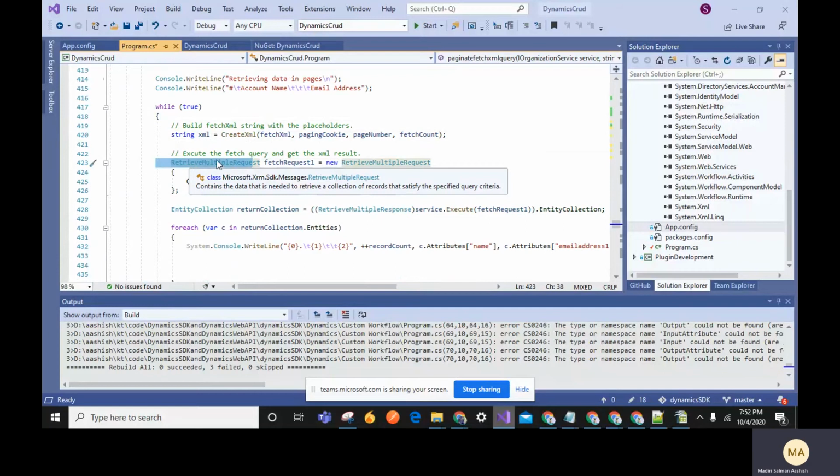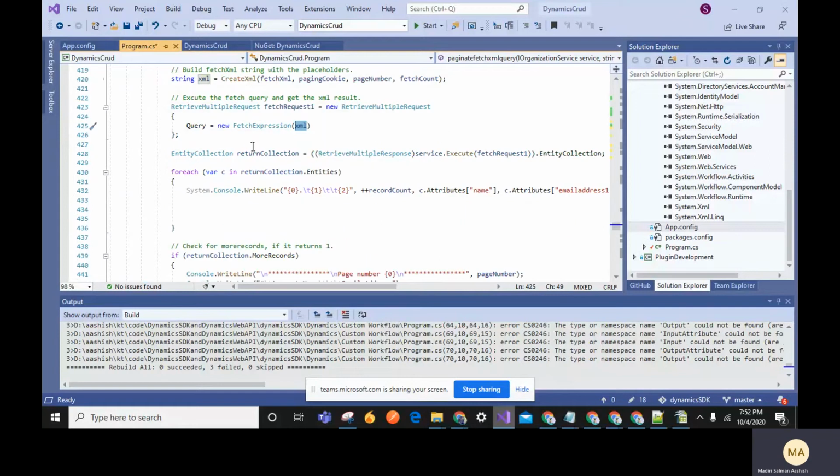In fetch XML, you need to use the retrieve multiple request, and we need to give some name, and we need to initialize the query with a fetch expression, and later we pass this fetch XML request here to get the complete XML details. After retrieving the XML details, you need to write the for loop, and you need to return the specific values. So here you can get the queries.